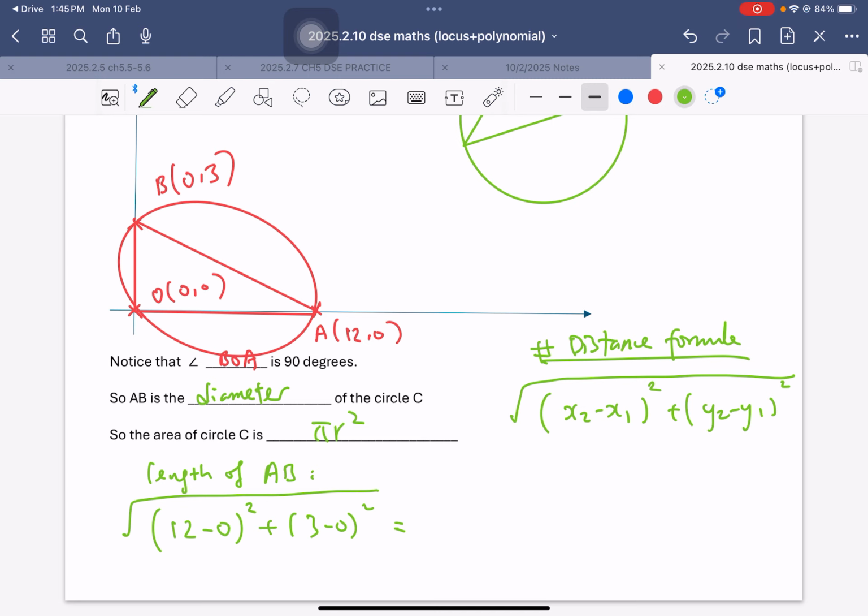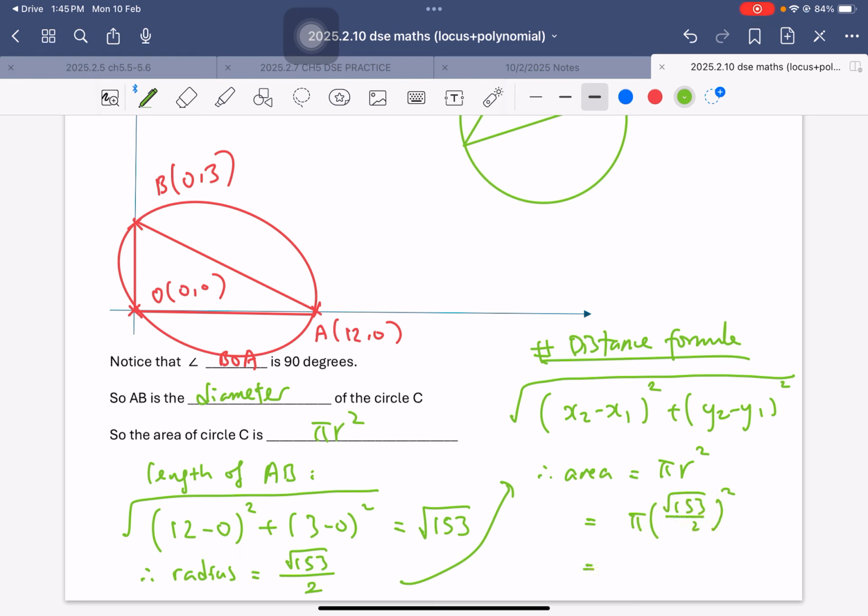So the length of AB is equal to square root 153. This is the diameter, isn't it? So that the radius is equal to square root 153 divided by 2. Then the area is equal to pi r squared, which is equal to pi times square root 153 over 2 squared. Then this is going to give you